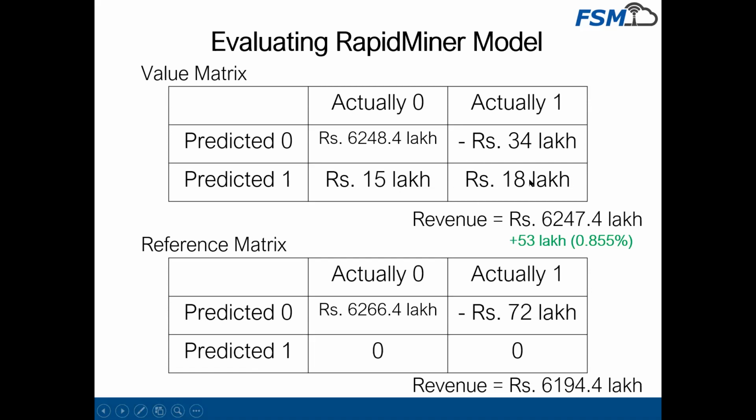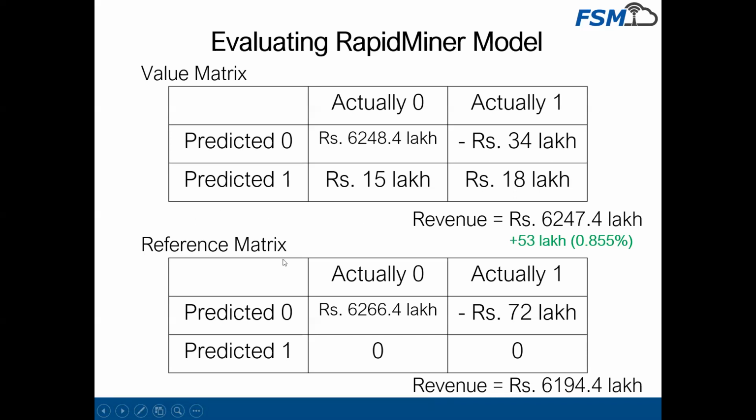18 lakh, that means 18 of those instances which had not been captured before, and would have given us a loss over here, have been converted into profit-making reels. Although it's slightly lesser than the ideal scenario, it is still being converted from a loss-making scenario to a profit-making scenario. And here we see that the revenue has increased by 0.855%.